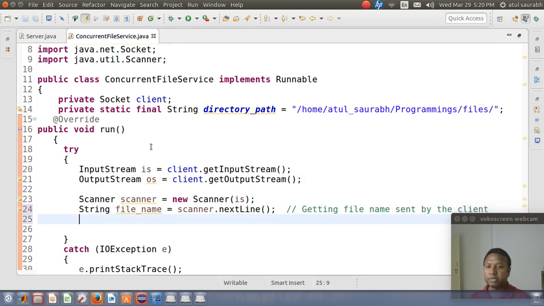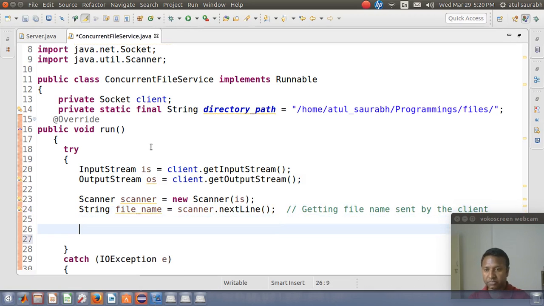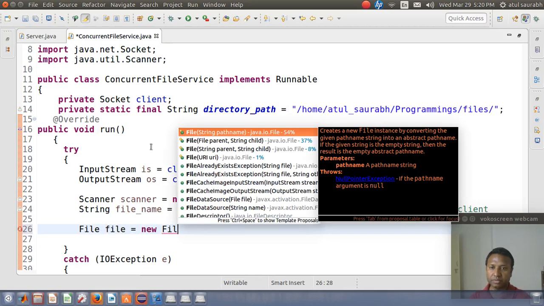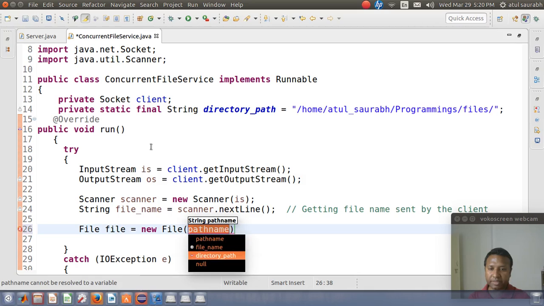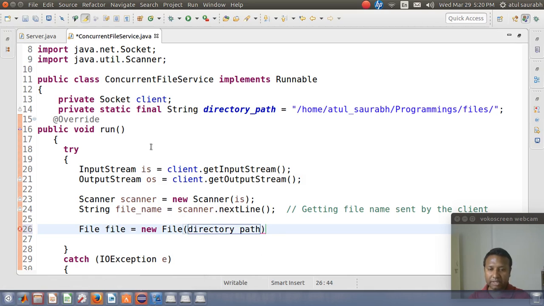After that, we will search this file name in the specified directory. So we require a file object. File equal to new file, and here we will specify the directory path as well as the name of the file.